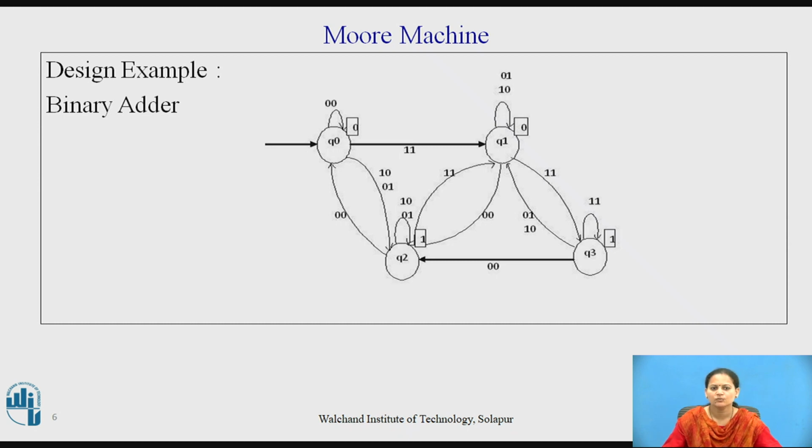If the input in state Q0 is 1, 1, that is, the two corresponding bits of the given binary numbers are 1 each, then we get the result of addition as 1 plus 1, that is, the output is 0, and a carry bit is now introduced. The machine therefore goes to state Q1. All the other transitions in the Moore machine can be understood in similar ways. Here, please note that this is different from the formal language of addition, which cannot be handled by finite state machines. Because we are only dealing with binary numbers of bounded digit pairs, we are able to have a Moore machine to add the given two binary numbers.